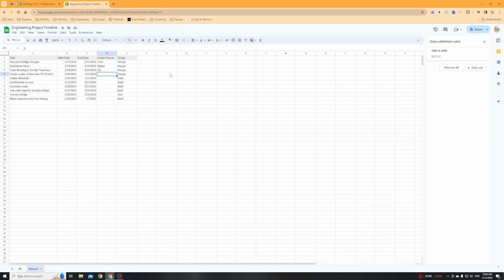Then we're going to have the plan of the final idea to scale. That's going to be myself. I'll make the plan. Josh is going to gather the materials. Mateo is going to cut the materials, and then I'm going to be assembling the walls, as well as, I think we could probably have all of us working on that. So all 3 of us working on that, all 3 of us testing,